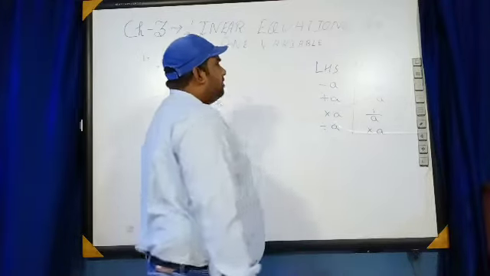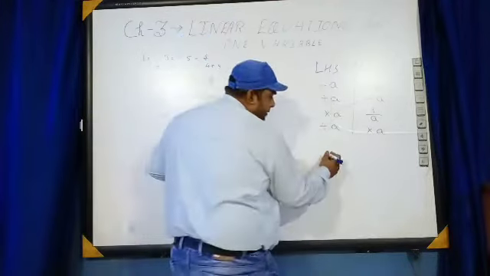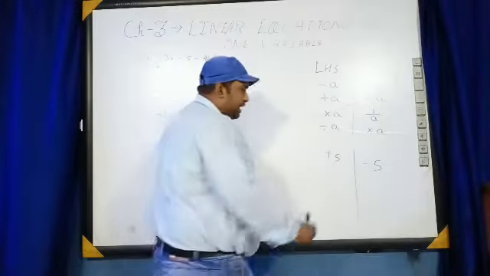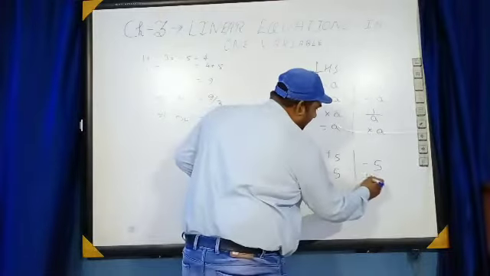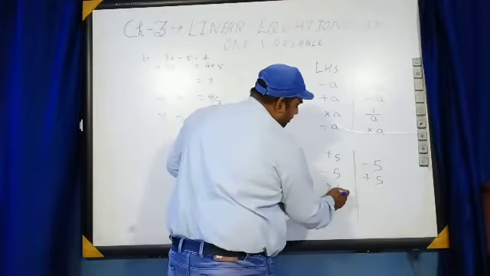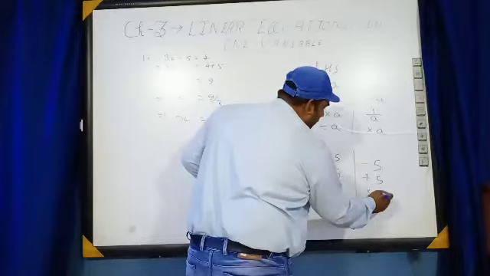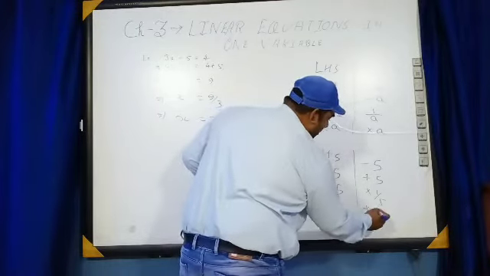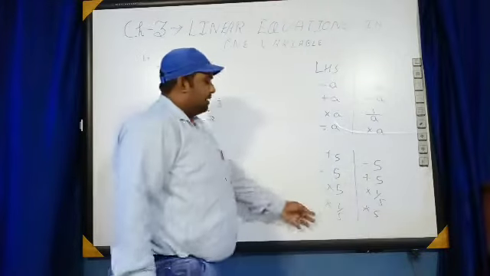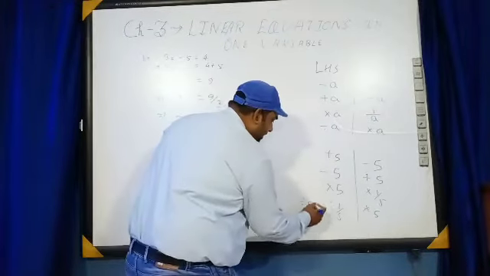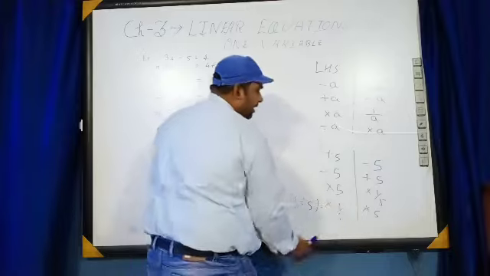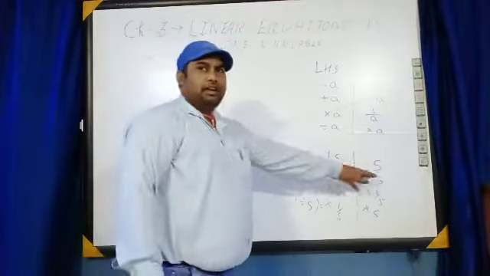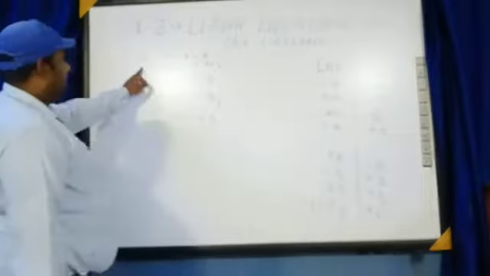Here it is plus 5. On the RHS it will go as minus 5. Here it is minus 5, and it will come there as plus 5. Here it is into 5, and it will come there as into 1 by 5. Here it is into 1 by 5, and it will be into 5. Divided by 5 can also be written as into 1 by 5, and that can be written as into 5. Meaning the opposite sign of the process will happen.